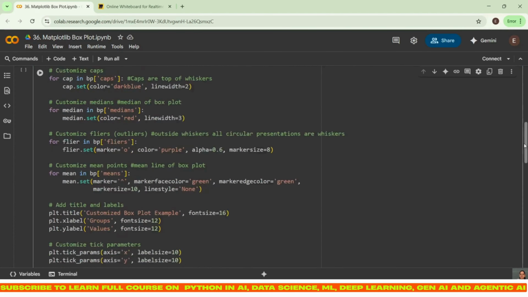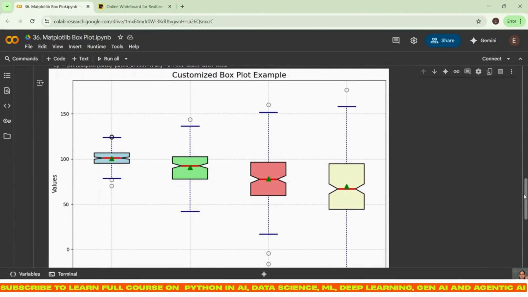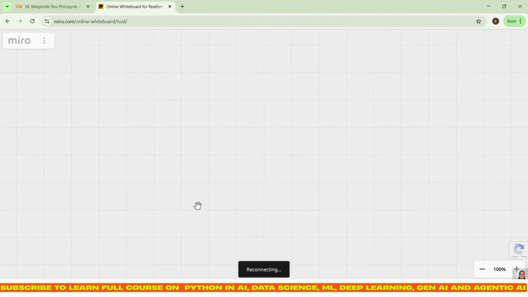Notch equal to true means, let me get back to the chart or plot. So you can see this triangular corner area which has been created in each box, this part, right? That is nothing but your notch. Notch means it is going to create a kind of funnel area on each side. Let me go to the whiteboard.